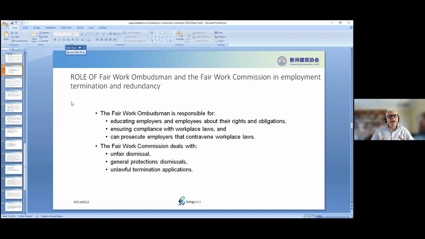So there are a lot of cases where people go to specialized lawyers as well to take on the employer. So as an employer, we need to be very careful. As an employee, you have to be aware that if you're unfairly dismissed or you feel you have been unfairly dismissed, there are opportunities for you to go through the ombudsman or other legal processes.